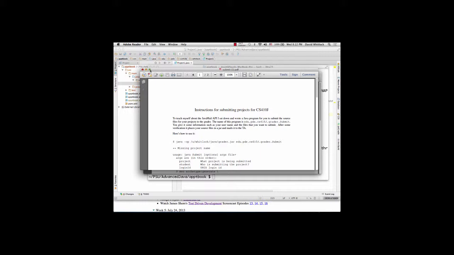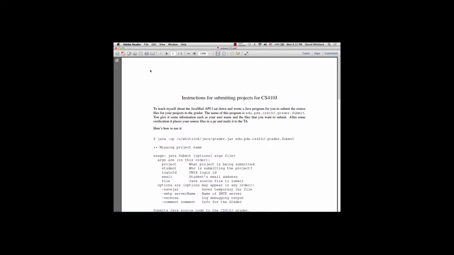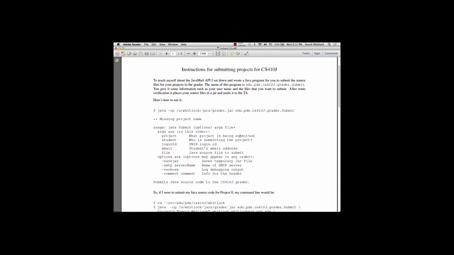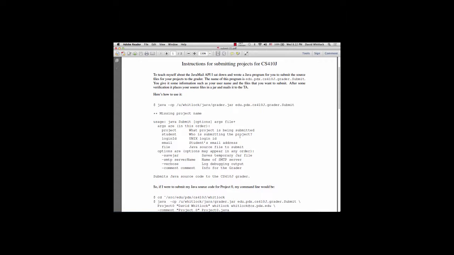So you've gone through and you've written all your code, and now you've documented all your code, and now here's how you submit all your code. So way back in the day, I wanted to teach myself about the Java Mail API, which is the Java API for sending email. And so what I did is I wrote a program that's used to submit the source code for your projects to the grader. And by the grader, I mean the grader account at PSU. We don't have a TA in the class, it's just me. And the name of that program is